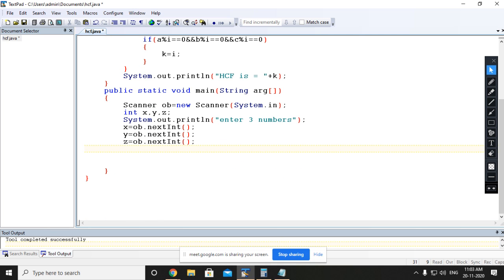object. So for creating an object, we write the class name, then the object, then at the time of creating the object we need to pass the variables in which we have taken input. So in the main body we have taken input in x, y, z, and these x, y, z we need to declare inside the void main. After that we need to call this finder method for finding the SCF.